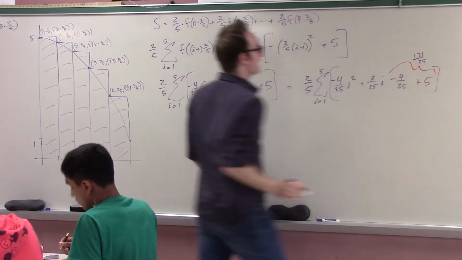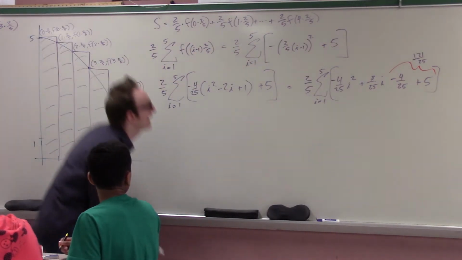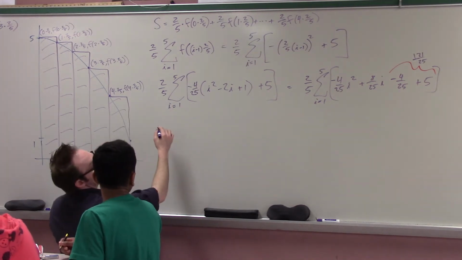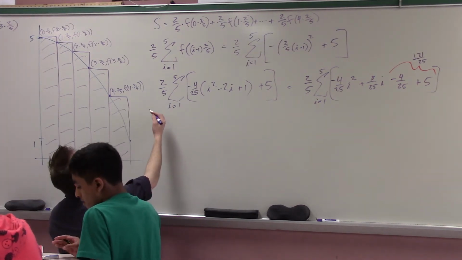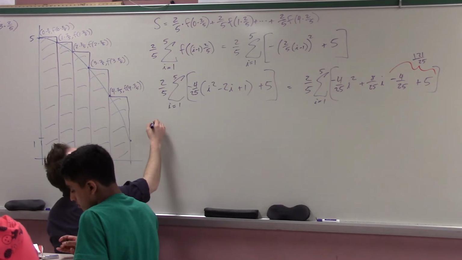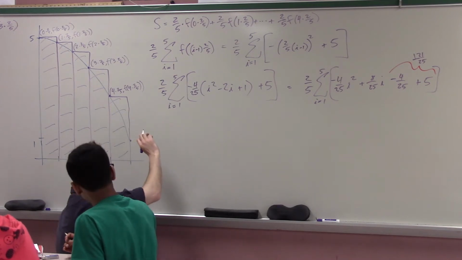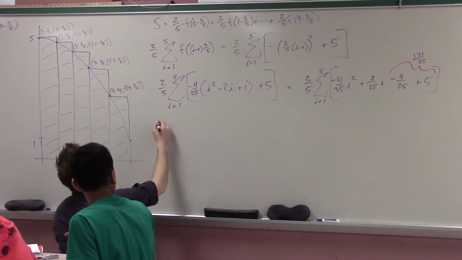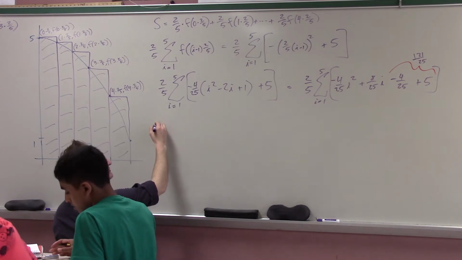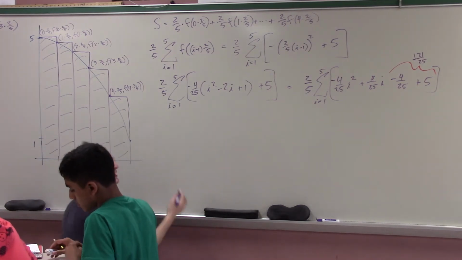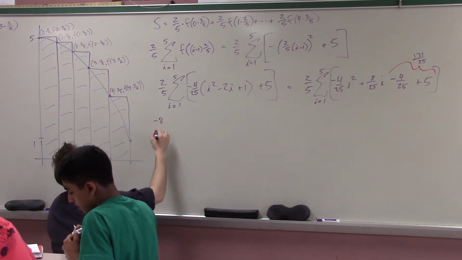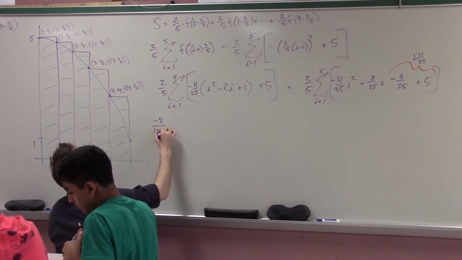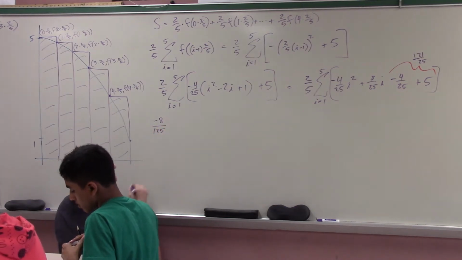So now, when I expand this all out, I get, everyone do this with me. What do you get? I don't know. I get negative 8 over 125